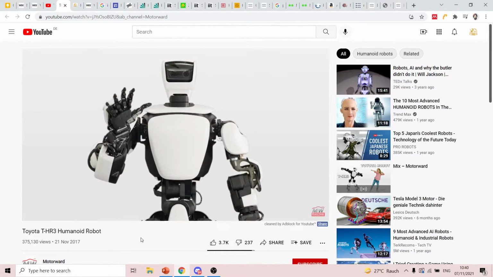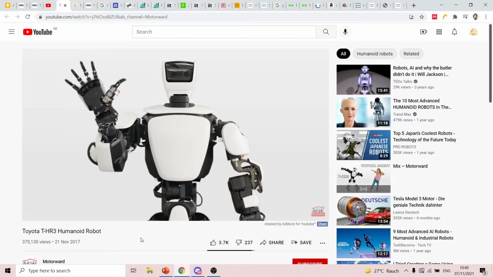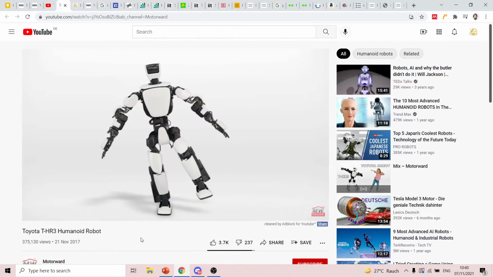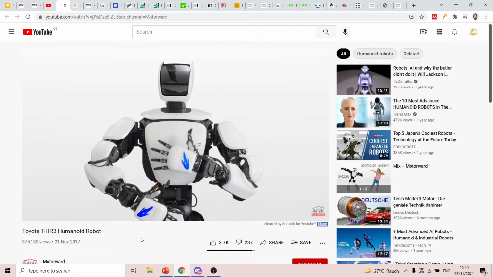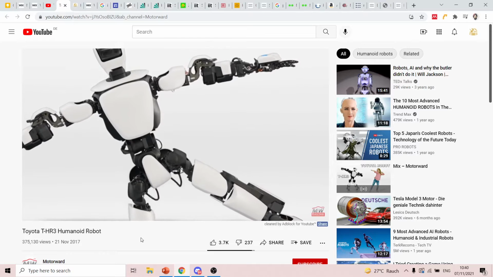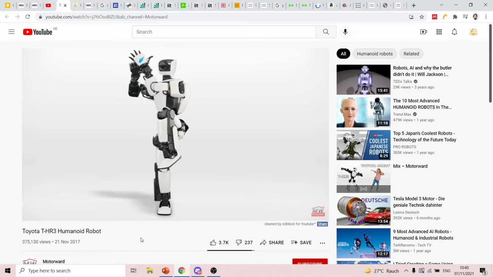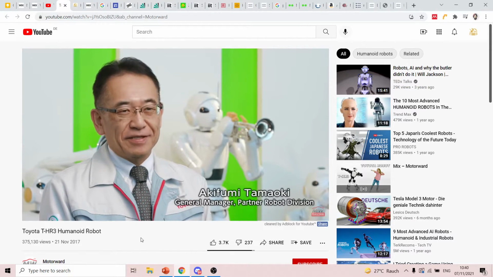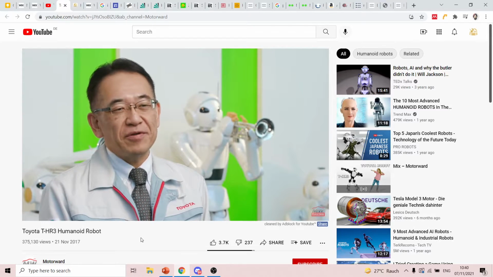Introducing THR3, Toyota's third-generation humanoid robot, designed and developed to explore how torque servo module technology can improve joint control, whole body coordination, and real remote manipulation. The torque servo modules in the robot's joints enable highly flexible movement, so it can perform complex actions smoothly, and the system assures stable, balanced, safe, and reliable movement. THR3 was designed with Toyota and partner robots' vision for mobility for all. Our aim is to help society by creating friendly and helpful robots that can coexist with people and support them